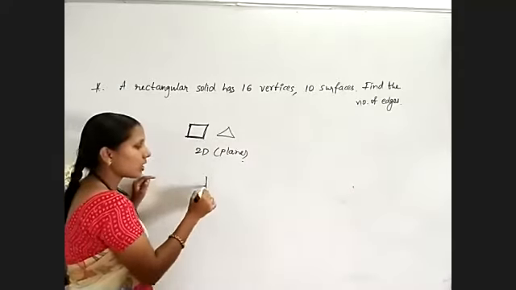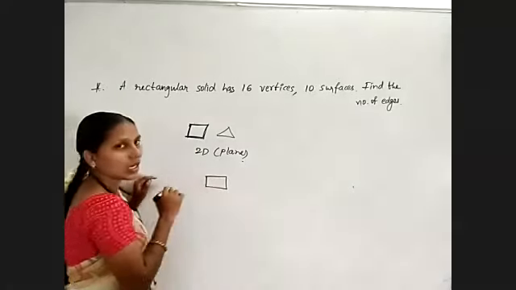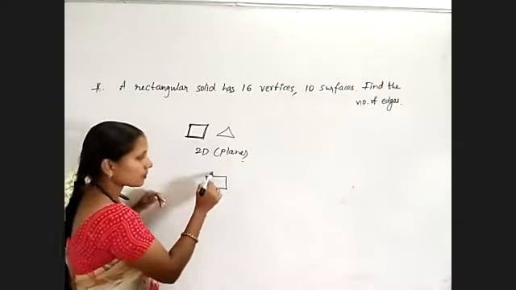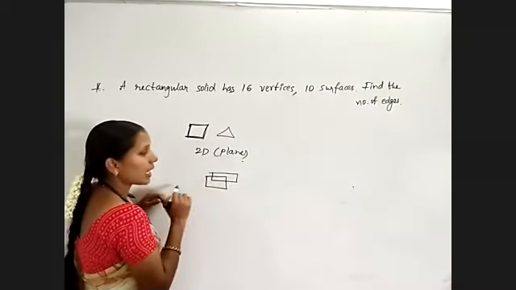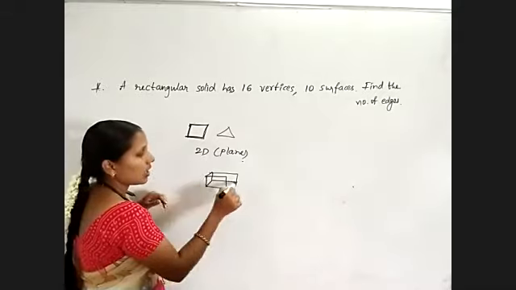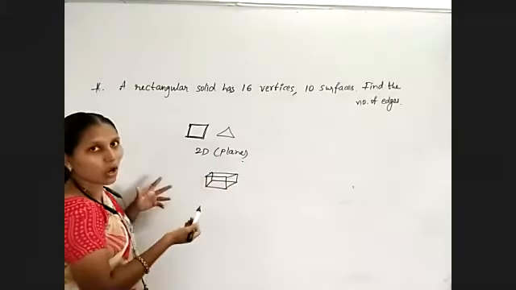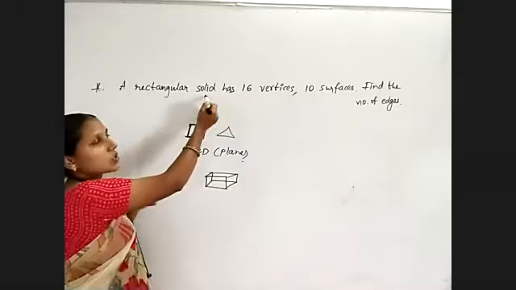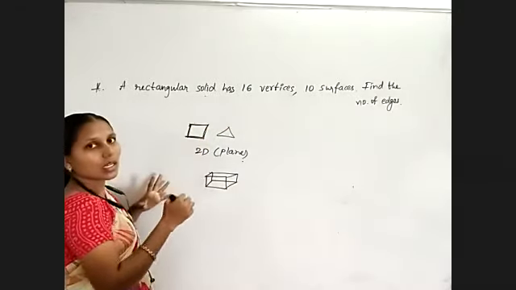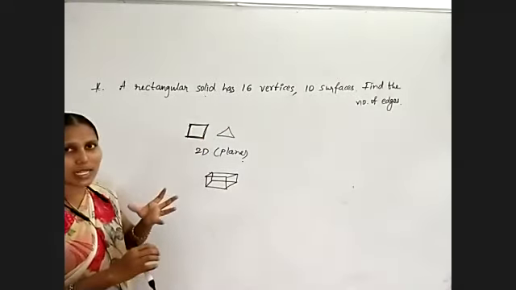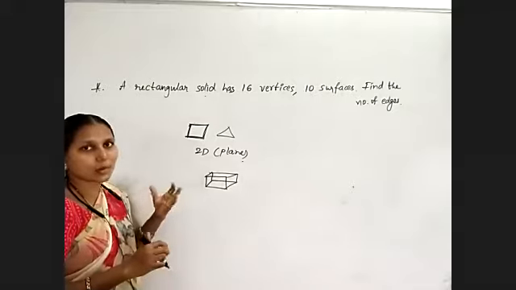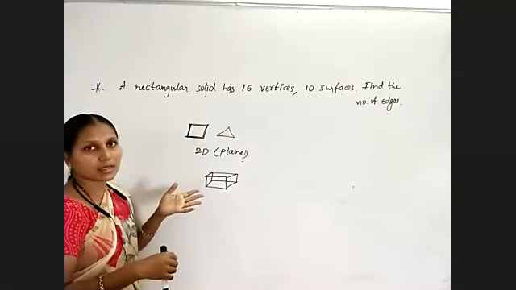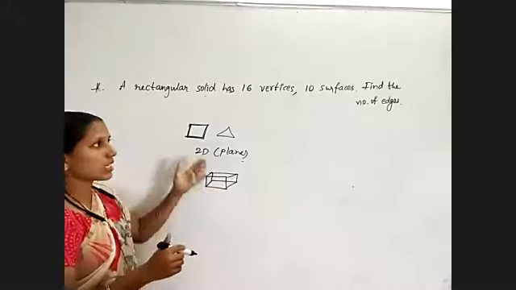And in case of solids, just observe your book, otherwise observe your geometry box. It has 3 dimensions, like this box shape we are getting. So any box is a 3D shape. 3D is nothing but a solid. Now just observe a ball also. It is not an example for a circle. That is not a 2D shape, that is a 3D shape. So that comes under sphere. Okay, so these are the 3D shapes.